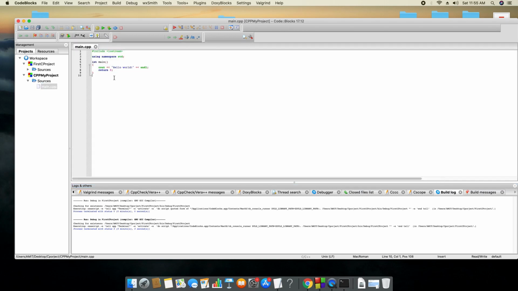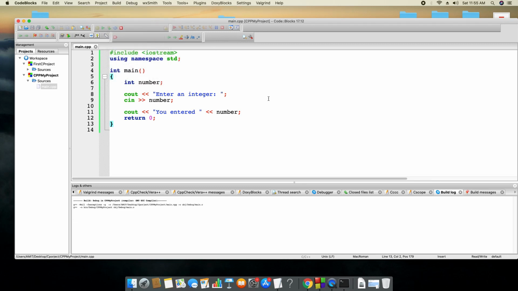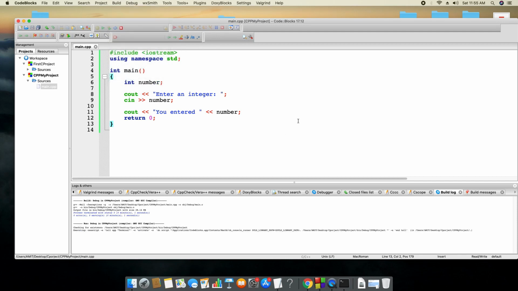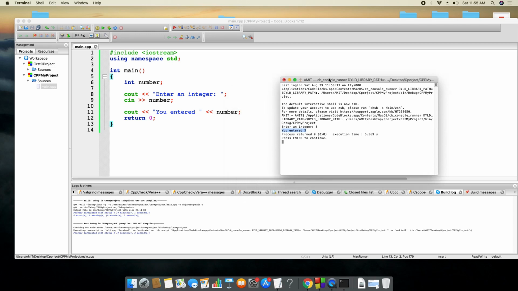Now you can click on this main.cpp. You will also get a pre-written template with a few statements. Now I pasted my code, which has C++ specific statements. We will build it. Okay guys, the build is successful. You can see the console. Now we will run this in the same way, and you will see we got the terminal window, which is asking for an integer, so the program is receiving one integer and printing that number. This program is executed successfully.